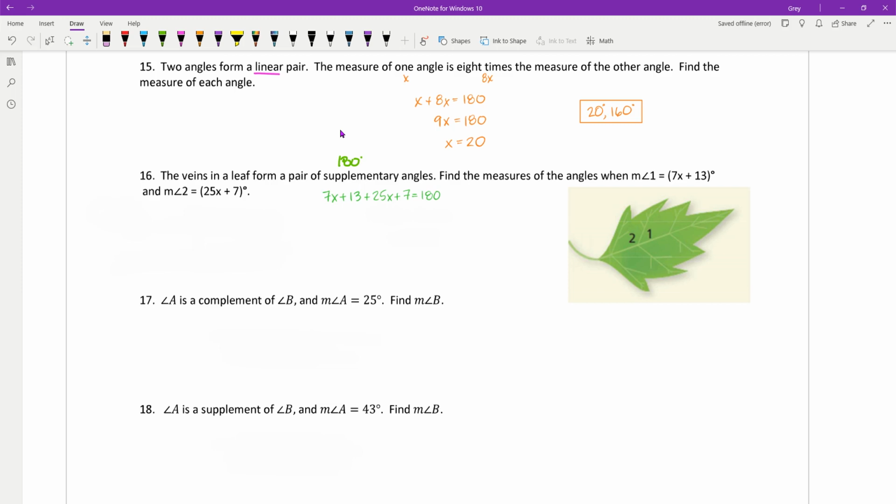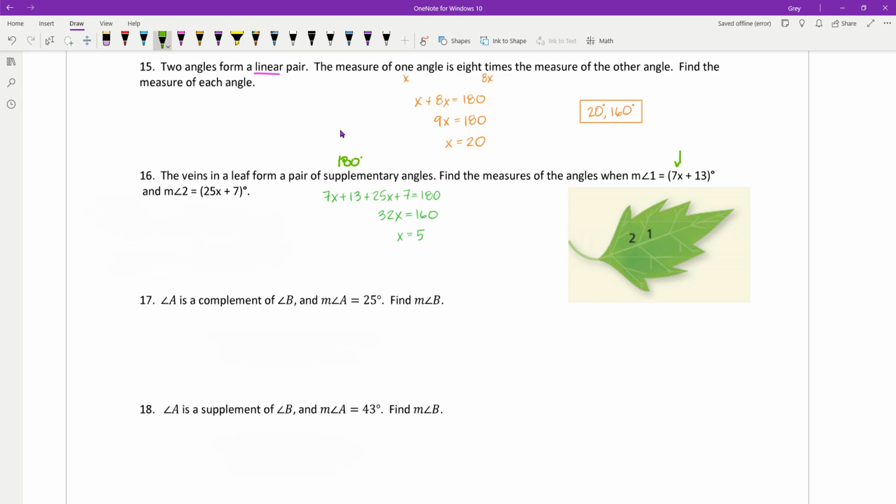So I'm going to add my x's and get 32. And 13 and 7 make 20. When I take 180 minus 20, I get 160. And I divide by 32 and find out x is 5. And then I'm going to go plug in